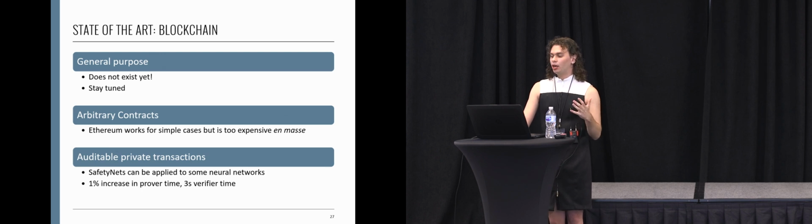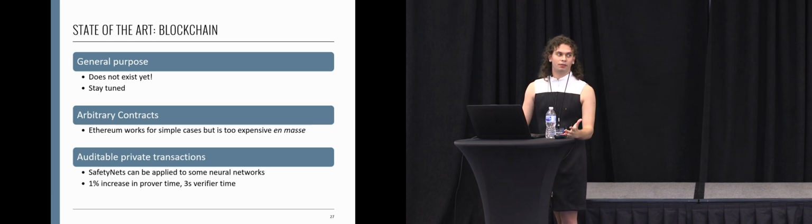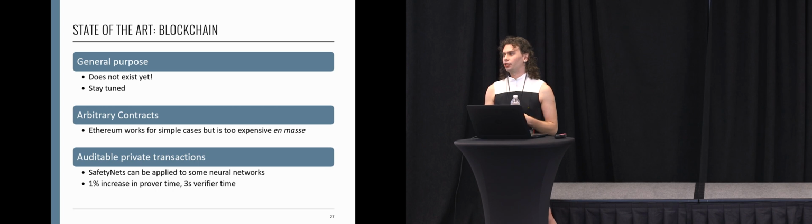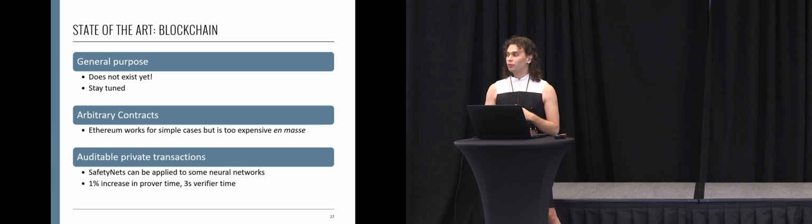Blockchain is a complicated example. There are a lot of successes that blockchain has had. And there's a lot of excitement about using blockchain to verify computation. But there are a lot of different problems. For arbitrary contracts, Ethereum is the best approach. It works. It seems to be safe since 2016, but it is really expensive. The way that Ethereum gets around the fact that verifying arbitrary computations takes a very long time is by making everyone on the blockchain do it. And unfortunately, you have to pay those people to do it.